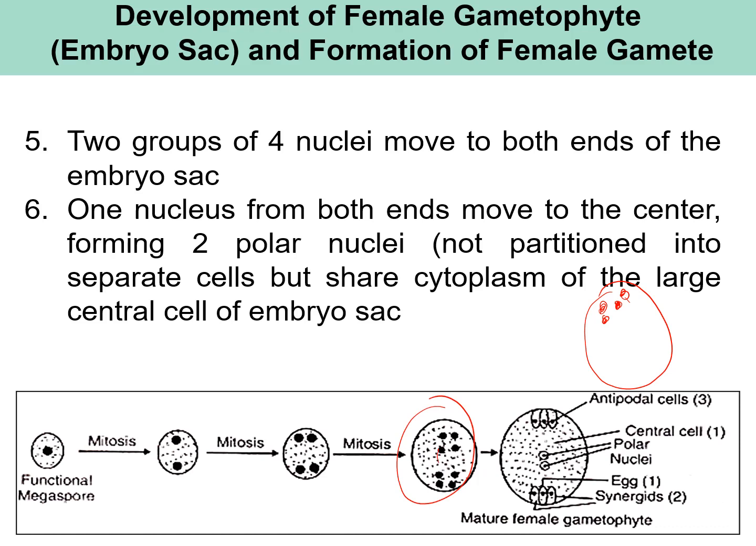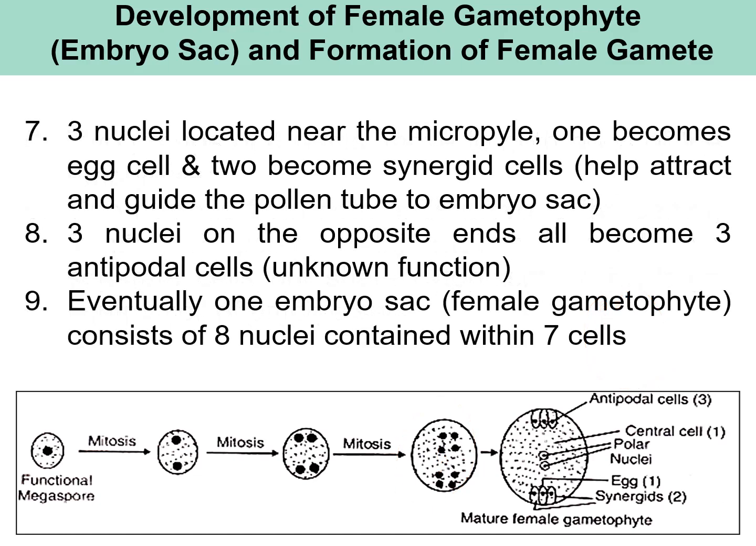Each one of the nucleus will move to the center. So antipodal cell is left. There will be 3 antipodal cells left at one end, and then the synergid, one of the cluster at the micropyle will form female gamete, the egg. The polar nuclei is not partition. Kalau nampak kita tengok